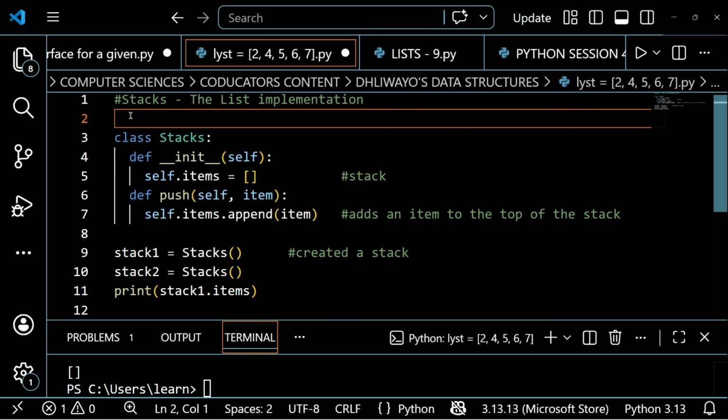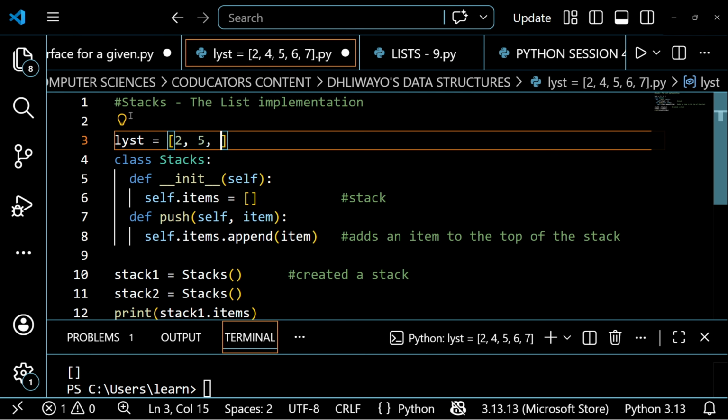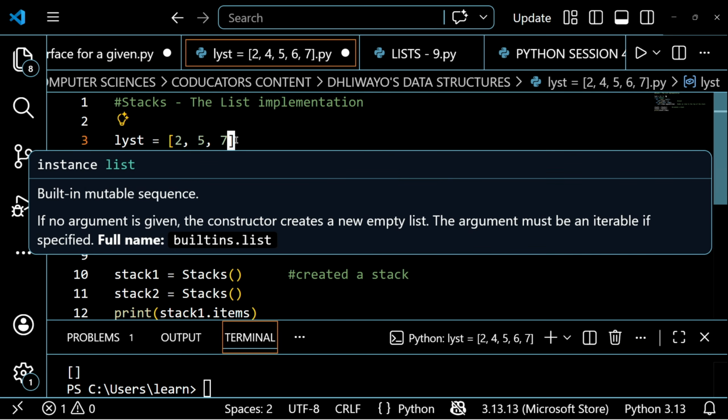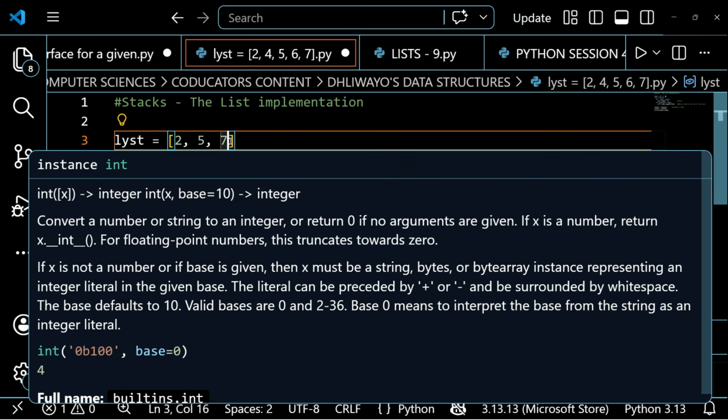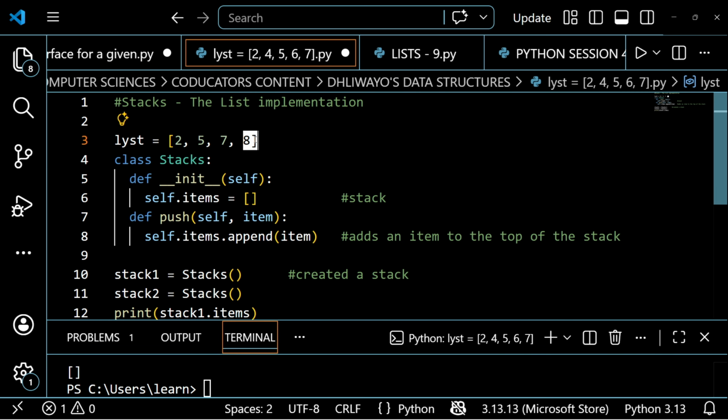Because if I just give you an empty list, for example, and I say I've got a list here, and in this list I'm going to put items 2, 5, and 7. When I use the append method on this list, I actually add an item at the end, so it means I add an item after this 7. I repeat again, please review my videos on list methods. So whenever I use the append method, I'm trying to add an item to the end of a list. If I add, for example, 8, this 8 has been appended to the list, or added at the end of the list.